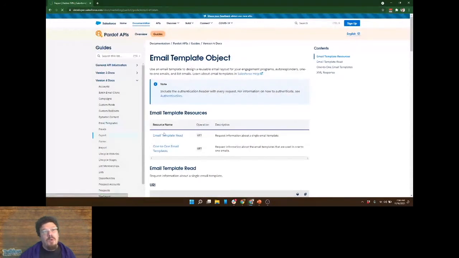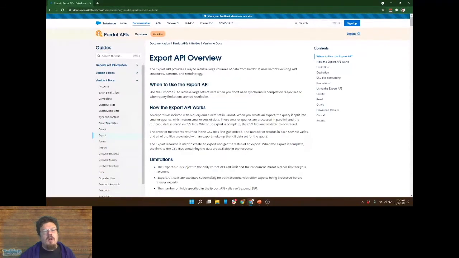The export capability, I use this a fair amount, especially with syncing to your data lake or an external tool. This is a new feature, so it's different than the rest of the API endpoints.